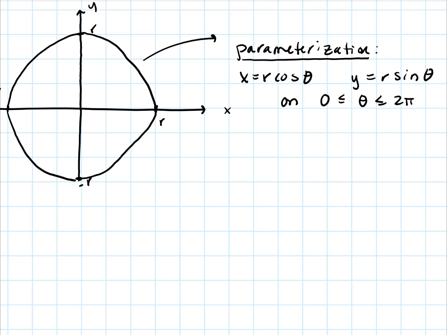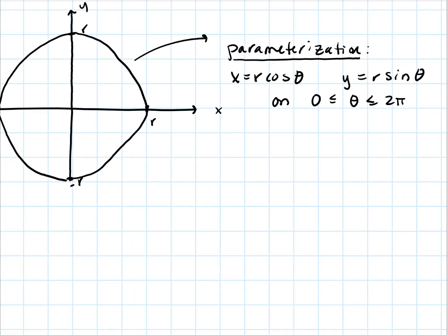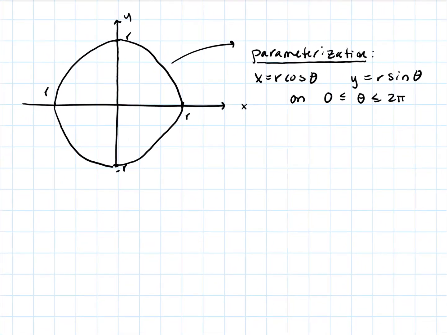Now, if we were to continue and go from 0 to 4 pi, for instance, that would actually cycle through this 2 times, okay? And if we were to ask to find the arc length from 0 to 4 pi, we would actually get twice the circumference because we would be tracing through the curve 2 different times. So we can show that once we get through here, but let's actually find the arc length. So to apply the arc length formula,